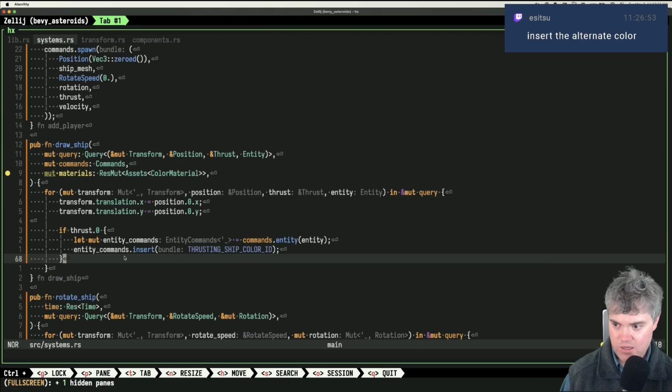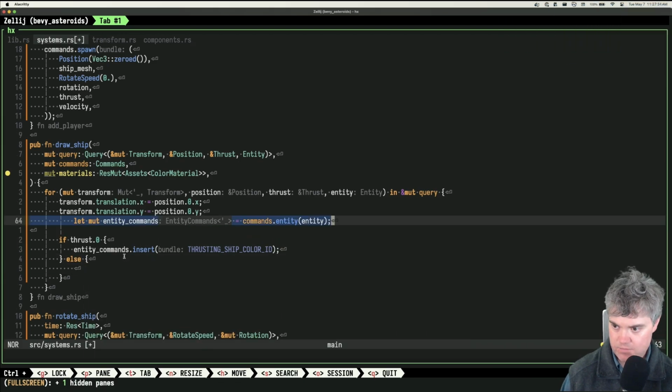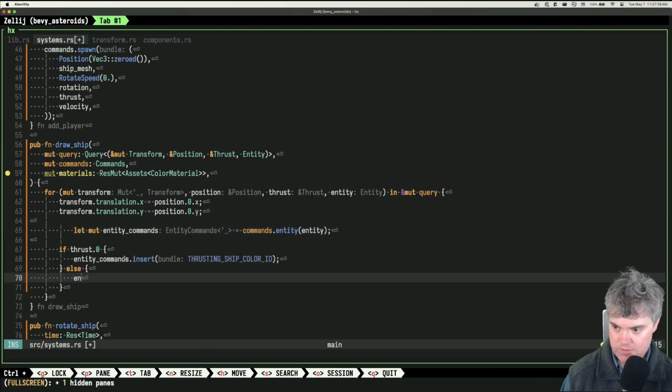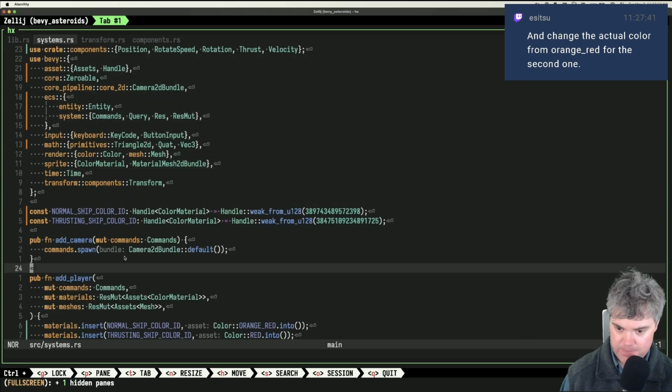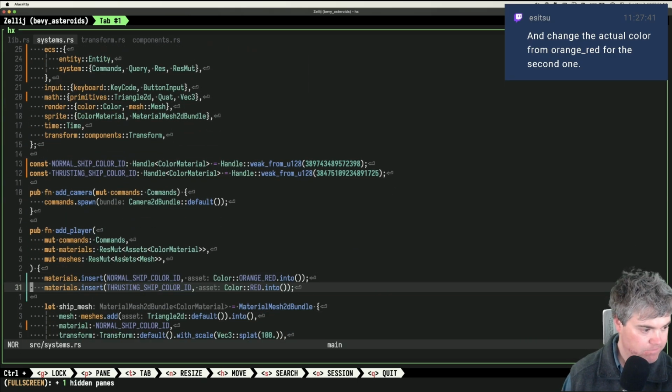Otherwise do the normal ship color ID and change the actual color from orange red for the second one. I did. It's now red. Here, we can take a look at it. We have orange, red, and red.